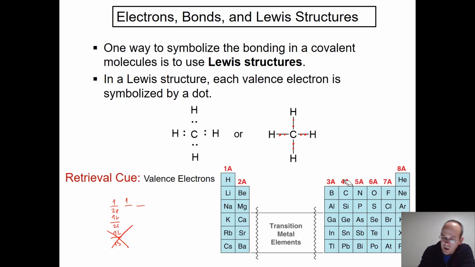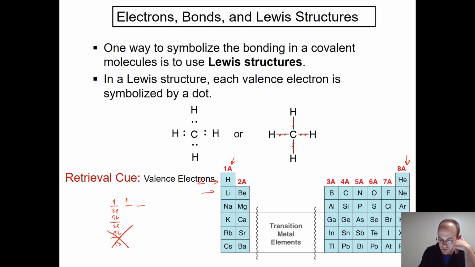So a quick way to think about valence electrons, here's the periodic table. I mentioned this on a previous slide, but let's just talk about it real quick. If you're in the first row, you want to have 2 valence electrons. If you're hydrogen, you have 1, and if you're helium, you have 2, and that's the neutral configuration. So hydrogen always wants to have another electron. It wants to share an electron to get to 2,